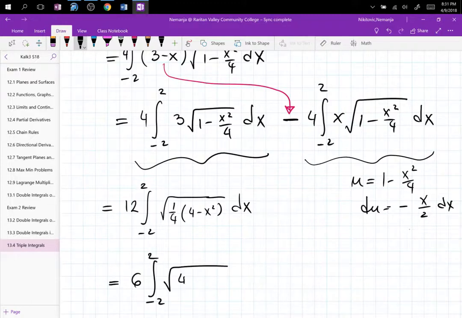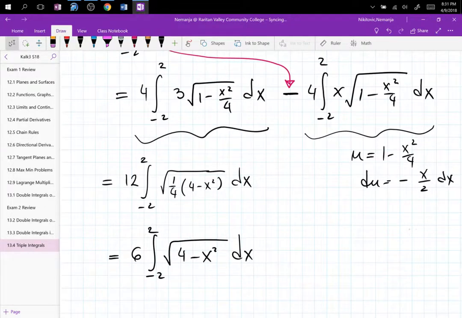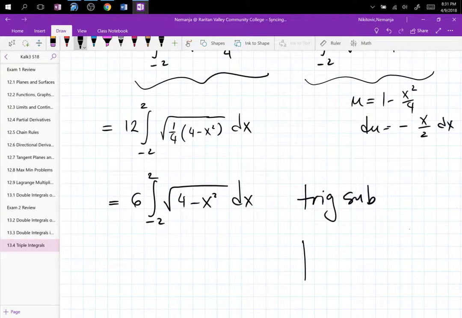How do we integrate this? Trig sub, yes. Trig sub. So we have the hypotenuse is 2, and one of the legs is x, the other one is the square root of 4 minus x squared, and then